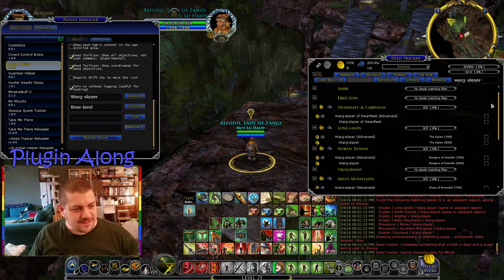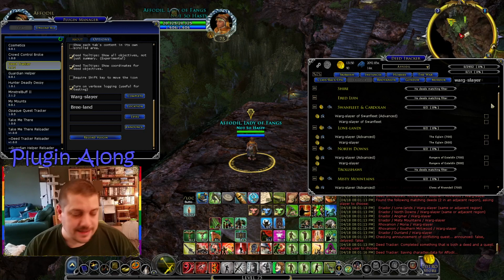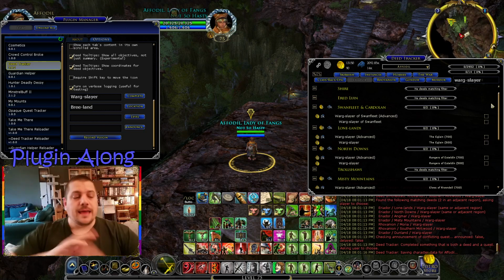And Nella says, D-Tracker is so useful. I just downloaded it recently. Now we only need a similar plugin for quests. You are not the first person, Anello, to think about such things. In my lack of free time, I have made no motions toward that. But a quest tracker, and Saren is lurking. Hello! A quest tracker